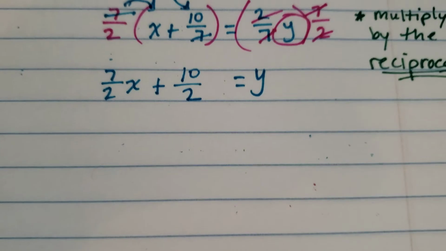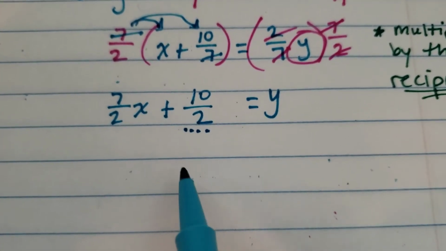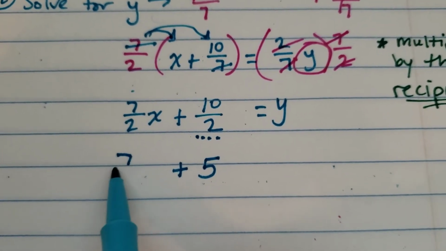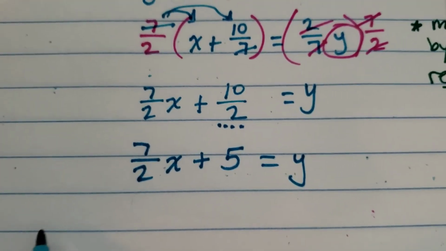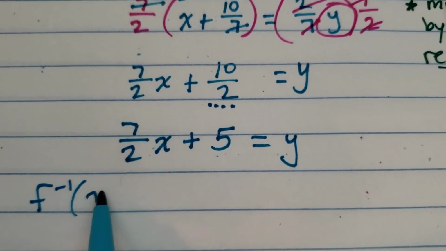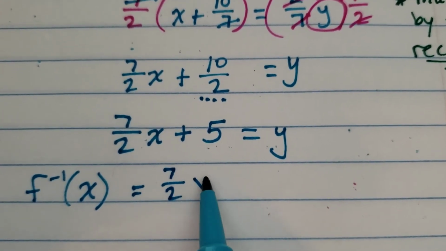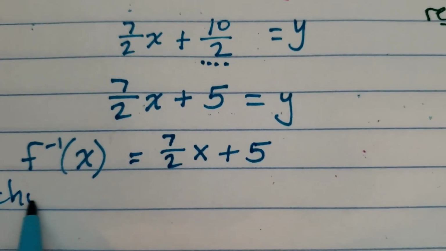Now, you guys should hopefully see where you can simplify right here. 10 over 2 would be the same as just 5. And then we would keep this one as 7 over 2x. All right? So what we just found is our inverse function of x is equal to 7 over 2x plus 5. Now, in Schoology,